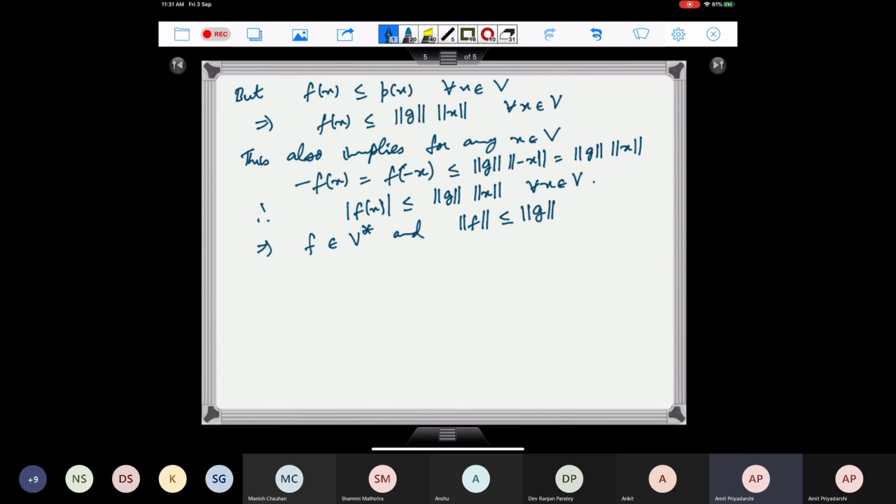Is it okay? So you see, for a linear functional on a real normed linear space, if we get fx is less than or equal to some constant times norm x for every x, then that is enough to say that it is a bounded linear functional, because that will imply mod fx is less than or equal to this, like we proved. So norm f is less than or equal to norm g, but we have that